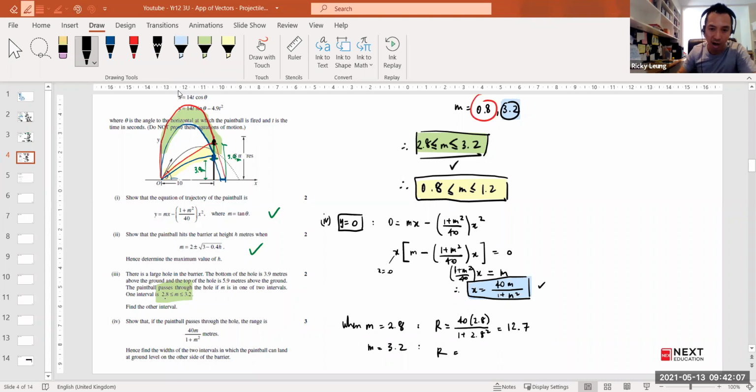Now, a higher angle doesn't necessarily mean the further distance, right? Because a high angle might mean it falls shorter, and the lower angle might mean it falls further away. So I'm expecting this to be lower. So let's say 40 times 3.2 over 1 plus 3.2 squared. Now, if you do punch it in, I think it's 11.4. So it does fall shorter, right? So in this case, the gap,